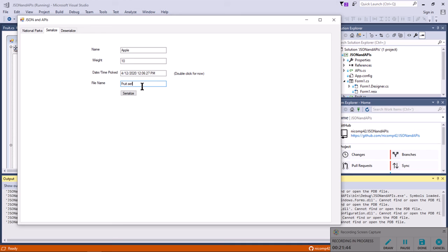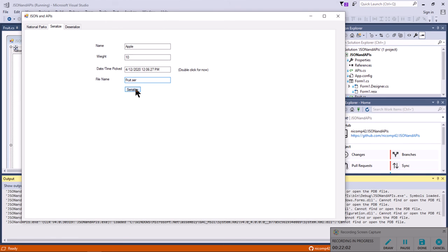It's just a headache to type it in. And you don't have to change the file name. SER is kind of a standard for serialized data, but JSON will probably be a better choice in this case. I'm going to leave it the way it is because it's just between us anyway. Click Serialize,